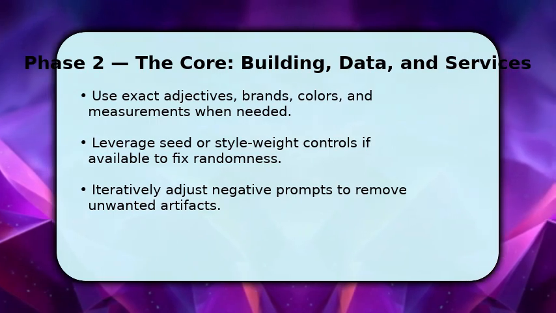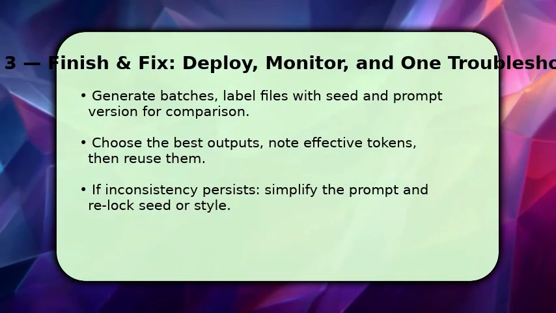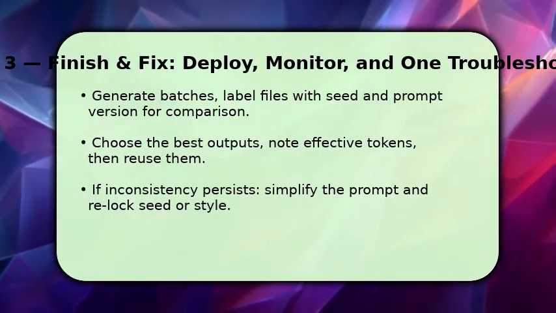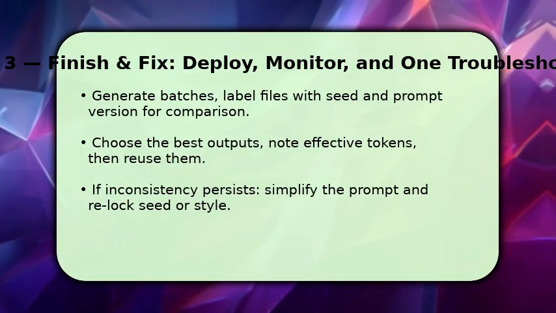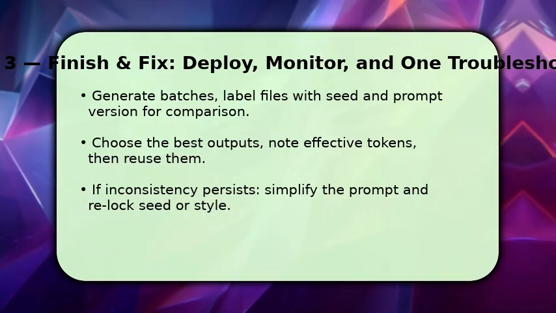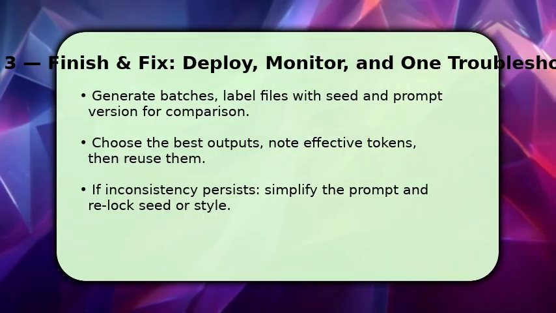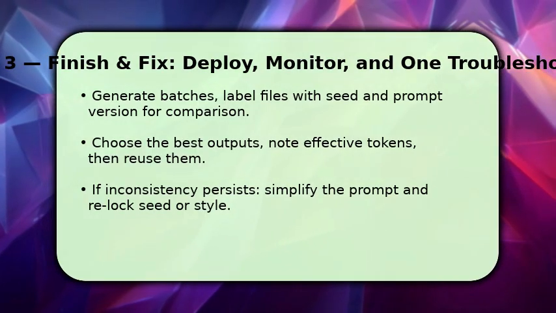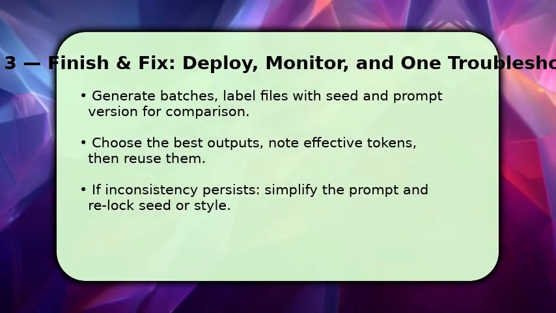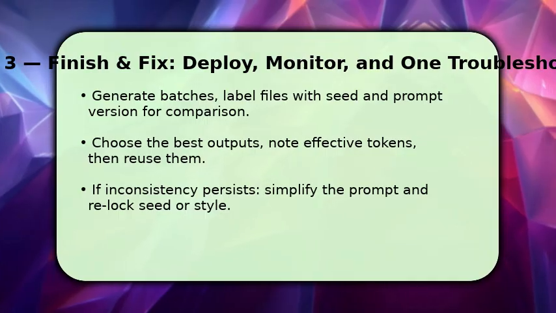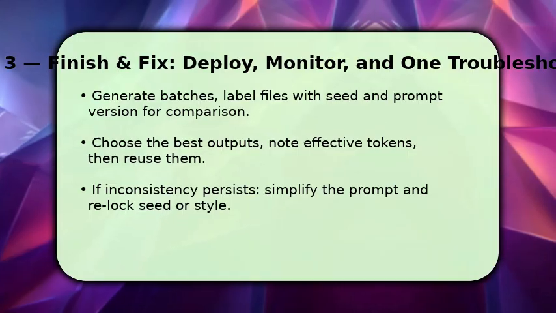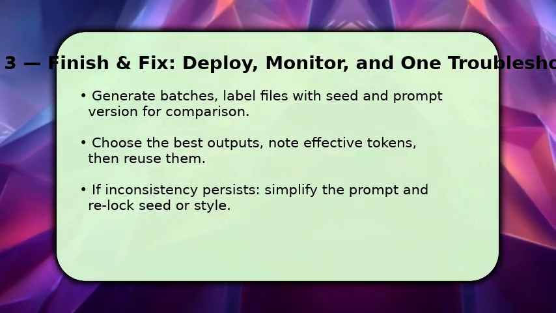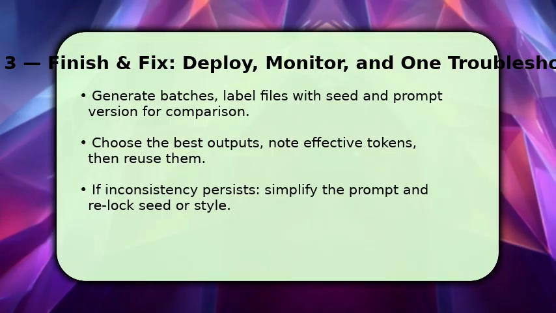Finish by producing batches and organizing results so you can compare differences side by side. File names should include seed and prompt version. You select the strongest images, extract the tokens that mattered, and fold them back into your template for future runs. If the character still varies, simplify the prompt to core descriptors and relock the seed or style controls. This reduces hypothesis space. A final troubleshooting tip: when nothing matches, remove artistic modifiers temporarily and